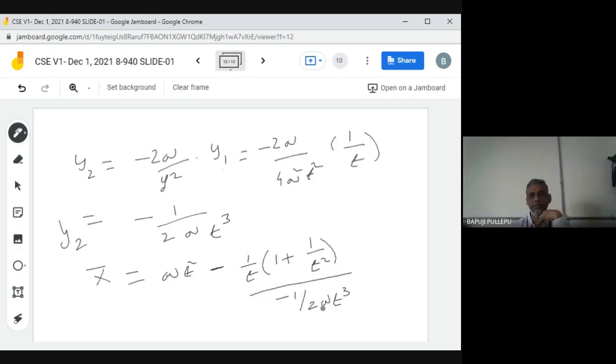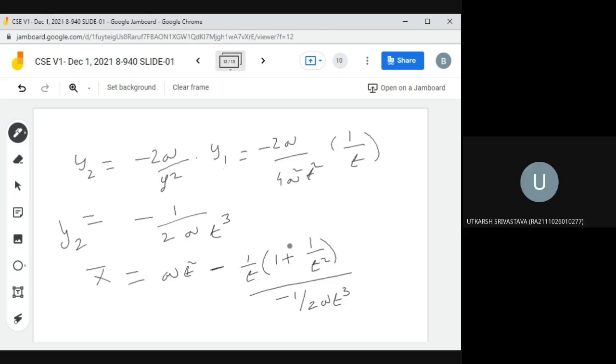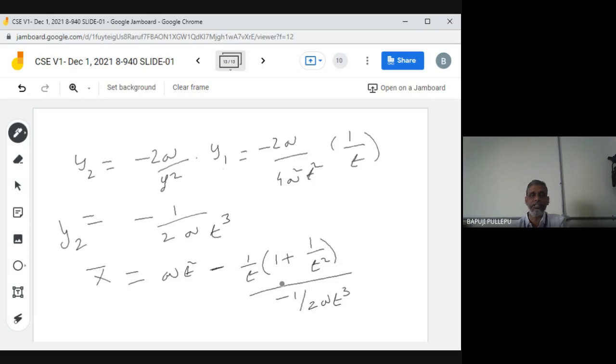This minus becomes plus. Then simplify, what will you get? This 2at cube goes up means what? T cube cancels, t squared will be balanced. 2at squared balanced, correct? at squared plus 2at squared into 1 plus t squared. Agree? 2at cube goes with what? T cube cancels. 1 plus 1 by t squared. After simplification again t squared will go. Don't worry. Any problem?